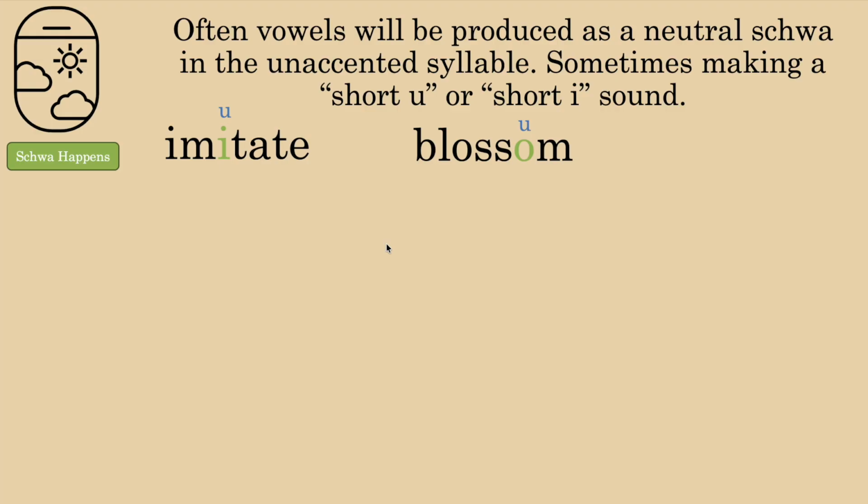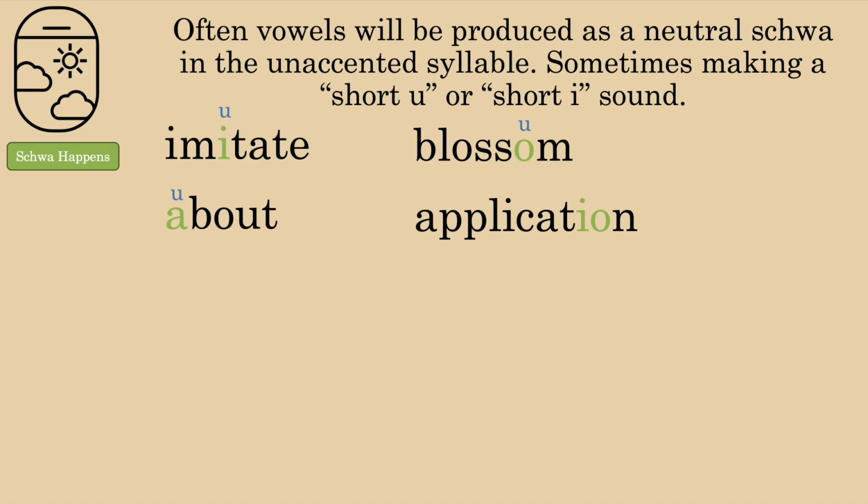Now, just as a general rule of thumb, the schwa is going to occur most often in the second syllable for multisyllabic words, but it can occur in the middle in a 3-syllable word. So sometimes it's helpful for kids just to know that most of our words in English are going to be unaccented on the second syllable, which happens to be the middle syllable in a 3-syllable word. Occasionally we have a first syllable that's unaccented, like again and to go, but those are very specific circumstances, and they're usually spelled with an A at that point, so it's sometimes helpful to know that as well. Like about. Then you have application,